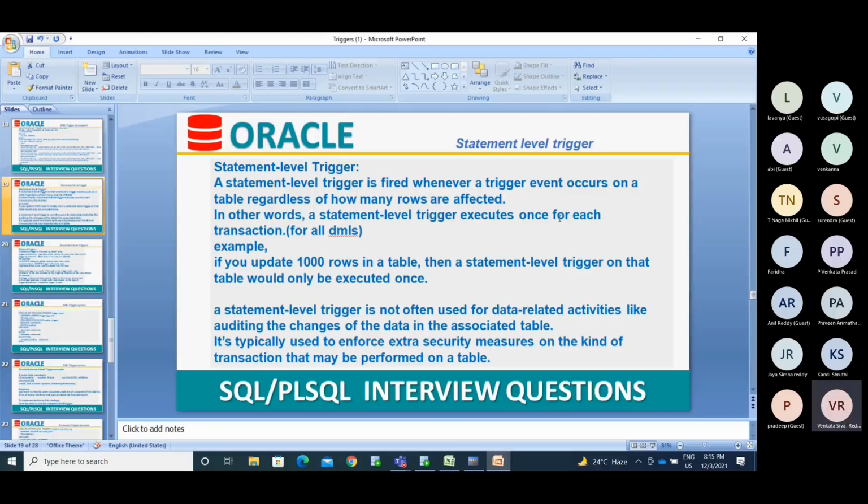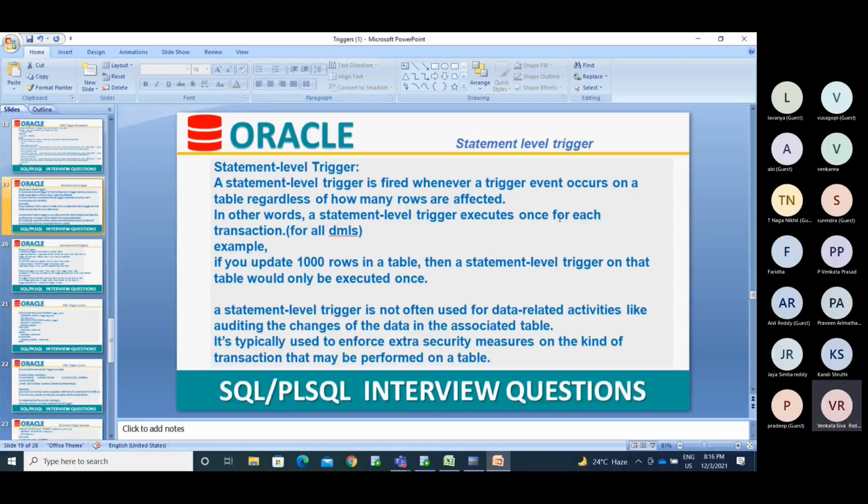All the DMLs are treated as one transaction. If you are inserting one record, it will fire one time. If you insert 100 records at a time using a select query, it will fire one time. If you update 10 records, it will fire only one time.